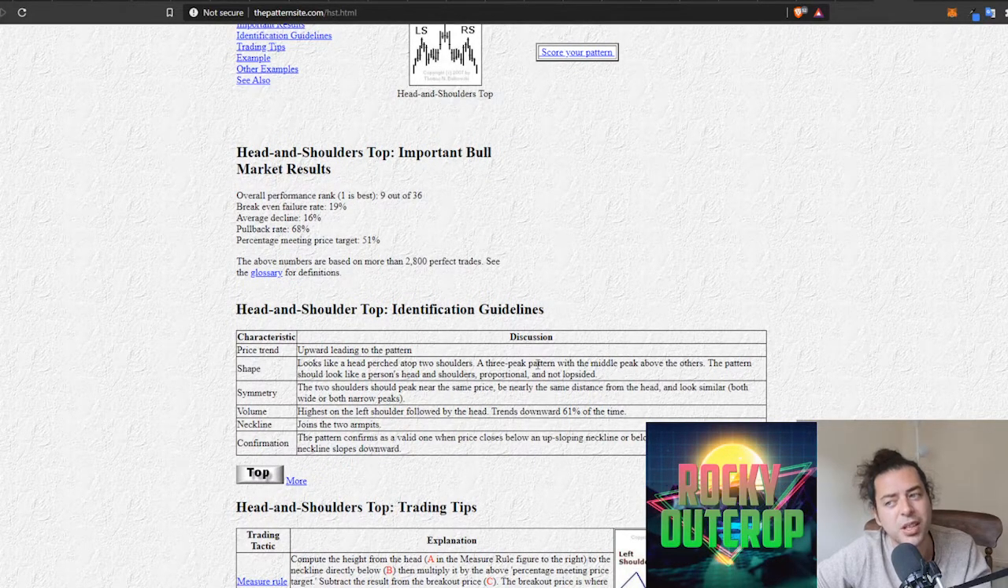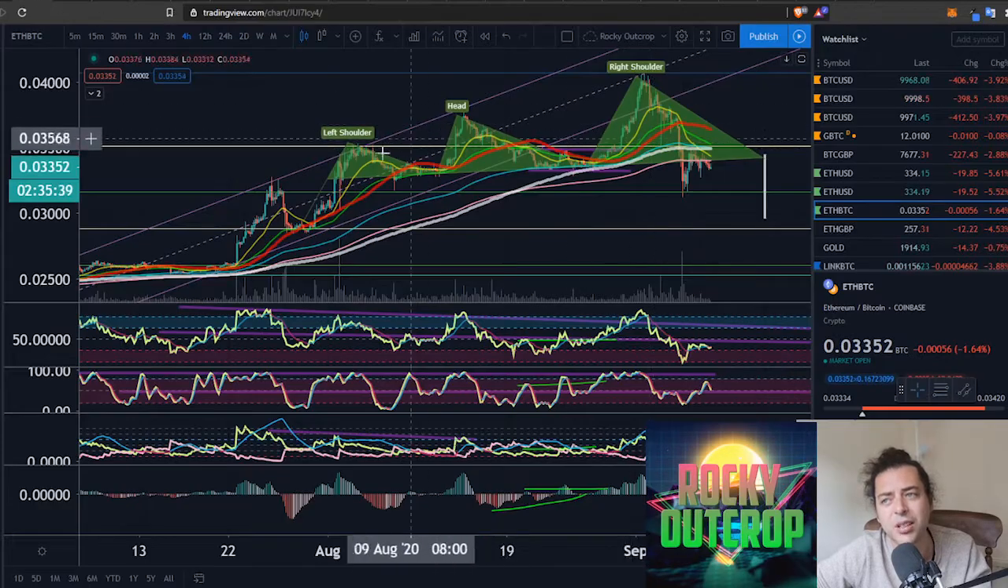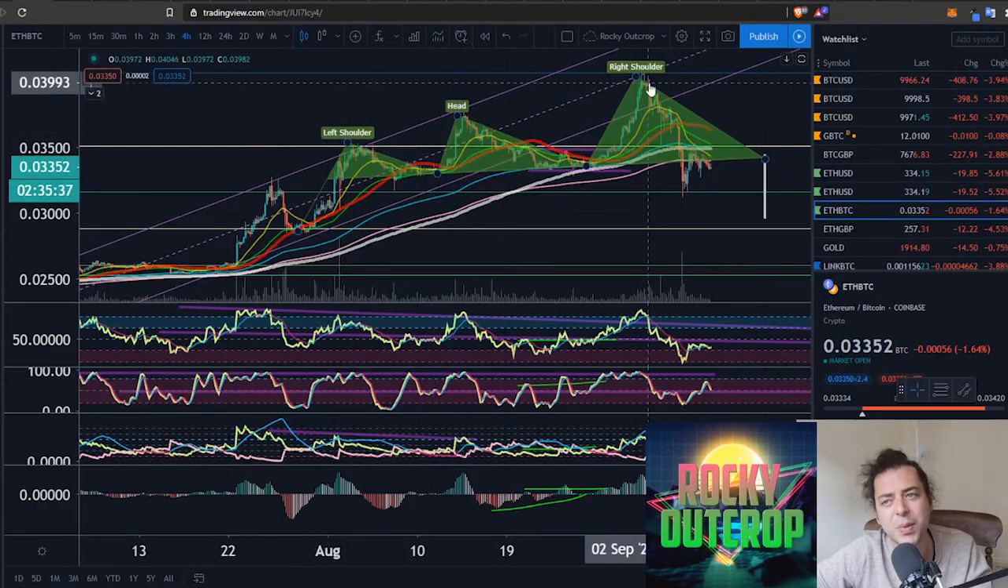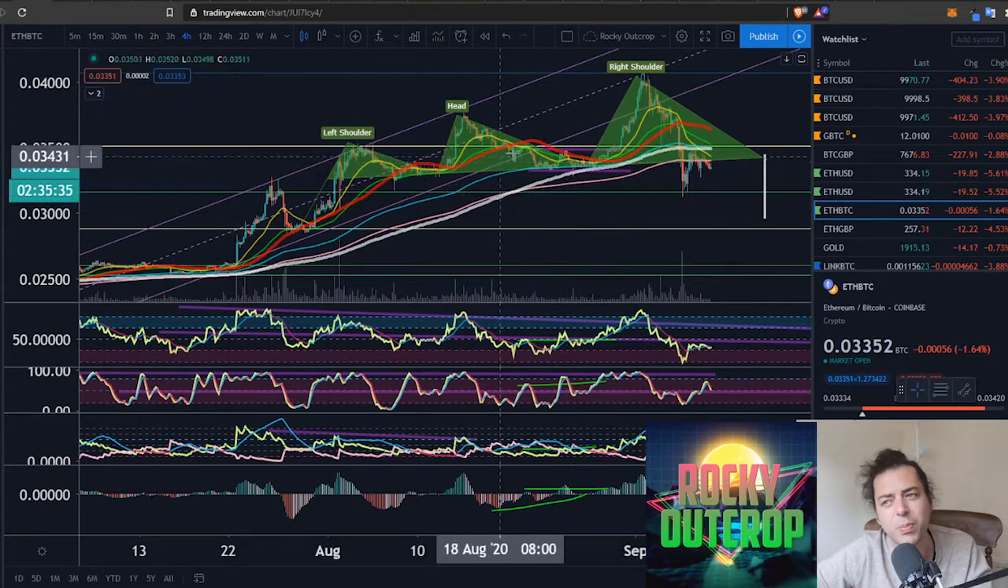Now, it looks like a perched head and shoulders, or a head perched atop two shoulders. And if I just jump back over to the charts, you can see this being a shoulder, this being a head, and this being a right shoulder doesn't really work. Albeit,